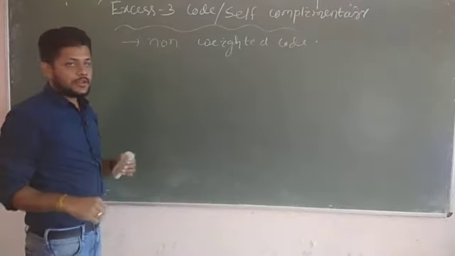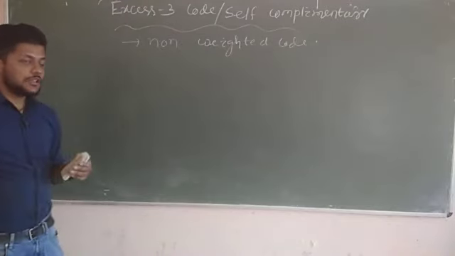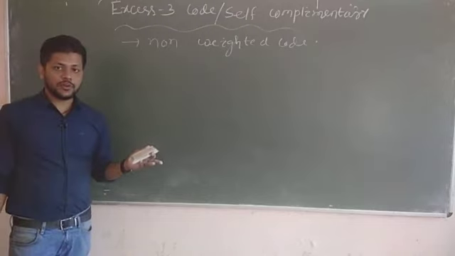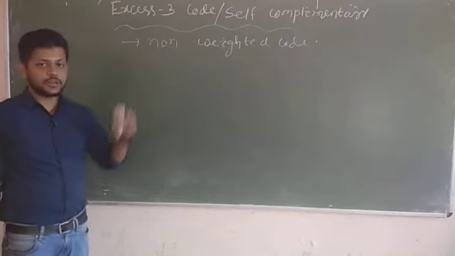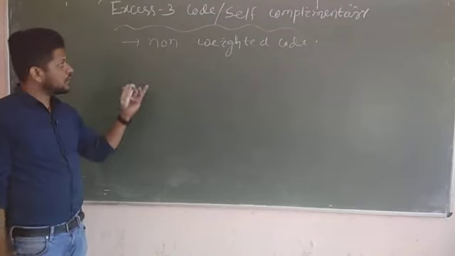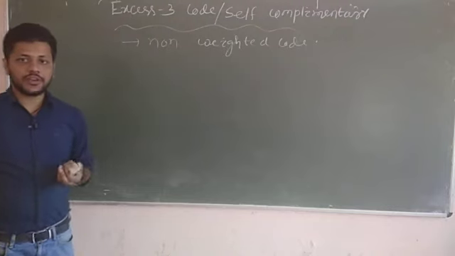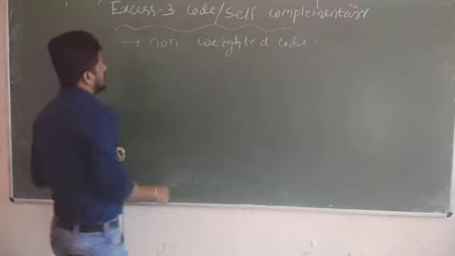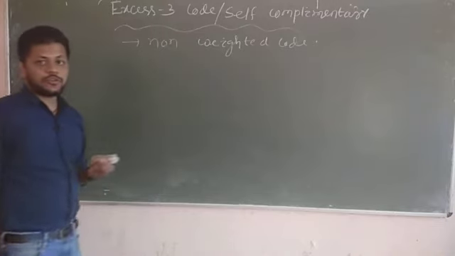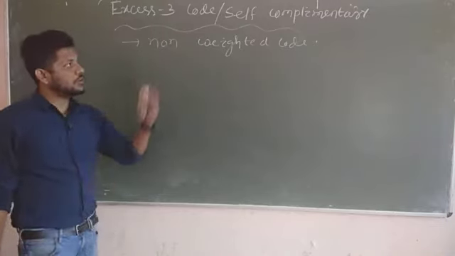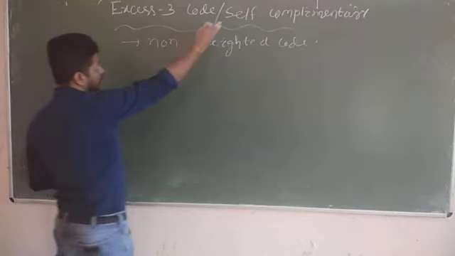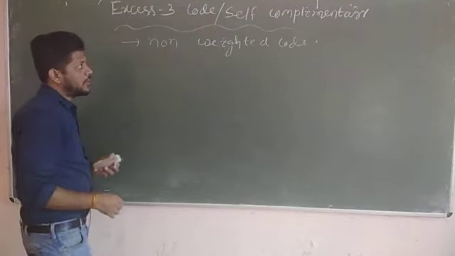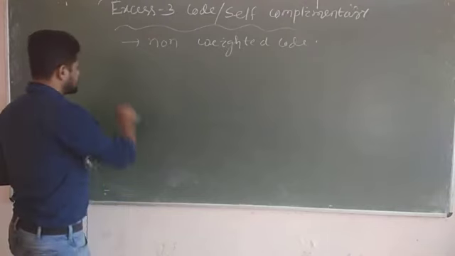In objective questions, they will ask you which of the following is known as a weighted code, which of the following is a non-weighted code. So remember XS3 code and gray code, these two are non-weighted codes, and the gray code is also known as unit distance code. XS3 code is also known as self complementary code. So this is a very important application. This is self complementary code or reflexive code.